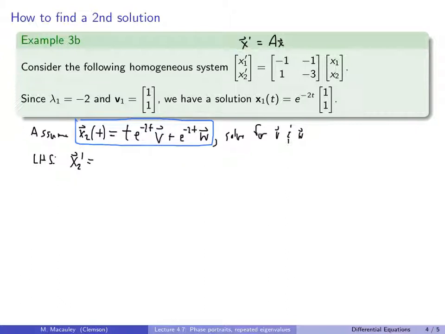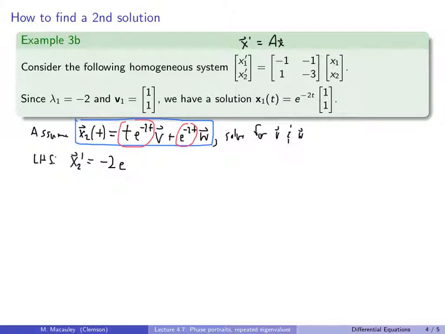And now we have to take the derivative of this. Now this is just a constant vector. Think of it like 1, 2, or 2, 3. There's no t's in here. This is what we have to take the derivative of, this product, and then of this. So we do this using the product rule. We have to take the derivative of that and the derivative of that. So the derivative of the first thing is negative